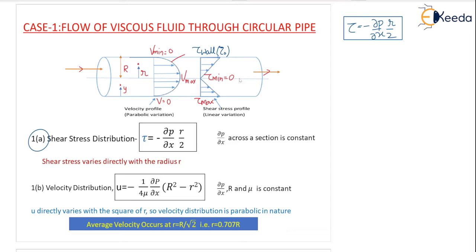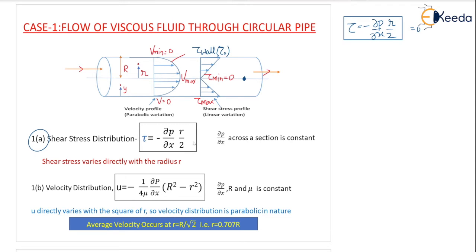Let us take any point for the shear stress. I am taking at the center. At the center, correct. What is the value of r here at the center? At the center, the value of r is 0. Correct. So put r equal to 0. What is the shear stress tau? You are getting 0. Right. So definitely it is minimum. So this is the general formula for finding shear stress at any point inside the pipe. You just give the value of r, you'll get the shear stress at that point.